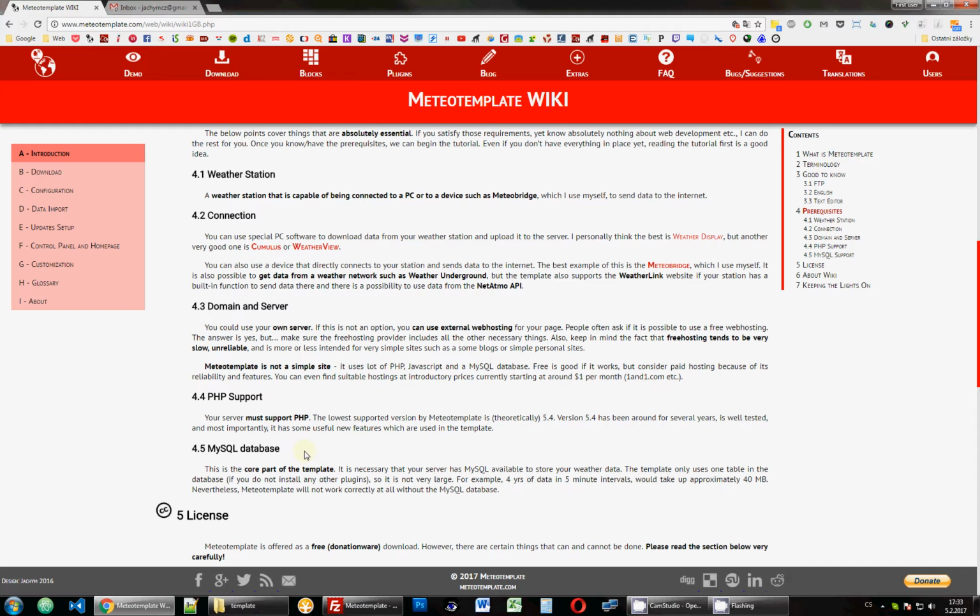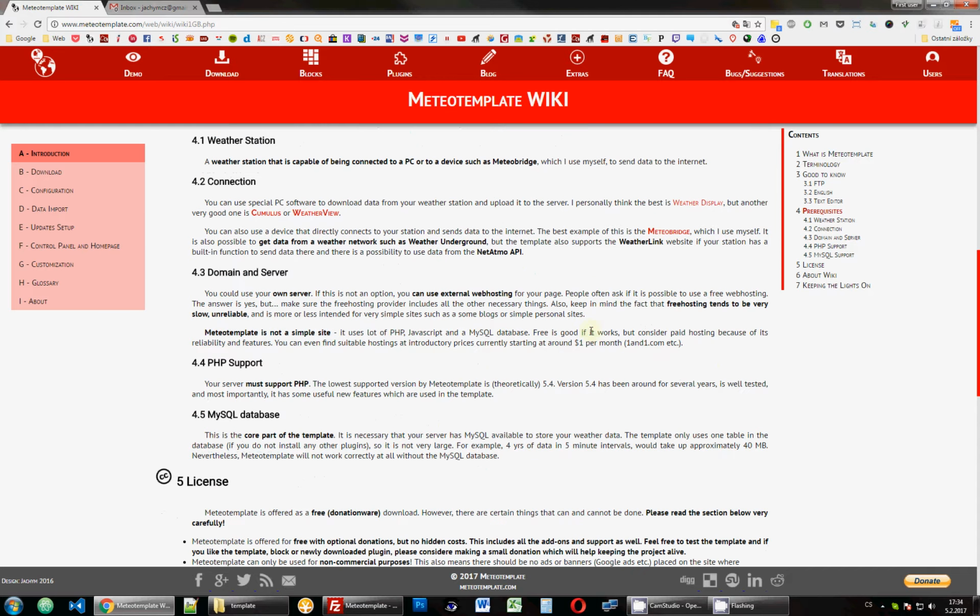But after that, your database is going to be full and you will not be able to save more data. Also, it's usually the case that free web hosting is very slow. That's not to say it's not possible, and there are people I know who use free web hosting and they have the media template installed on free web hosting and it works. So it's just that